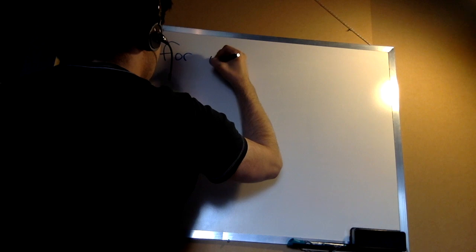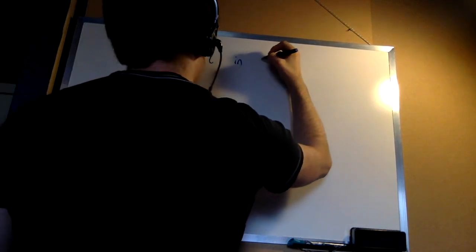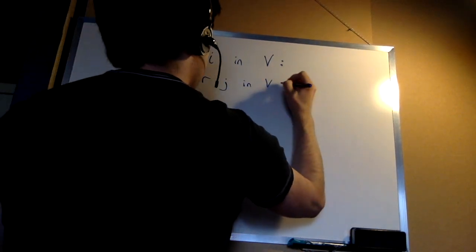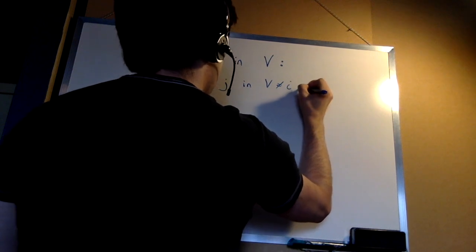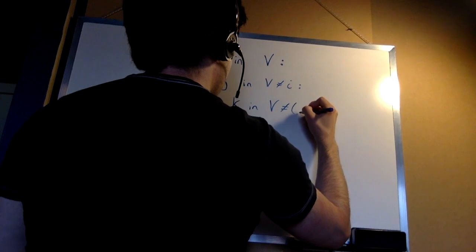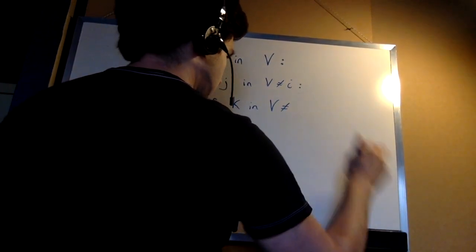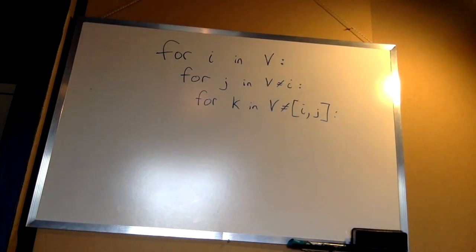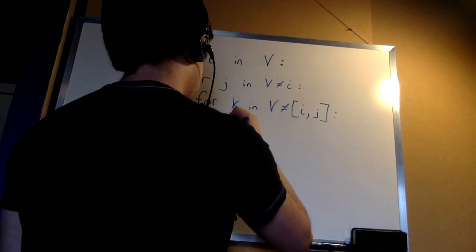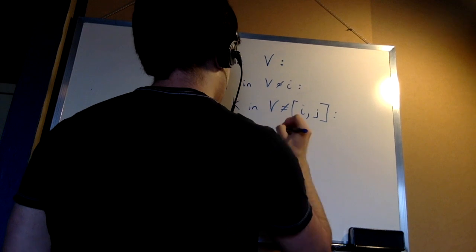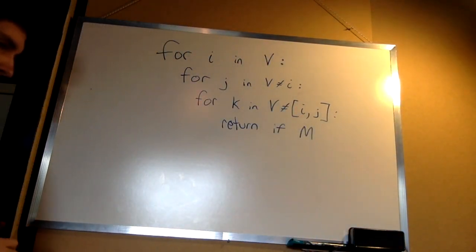So for I in vertices, for J in V not equal to I, for K in V not equal to I or J. And then we just want to know if, return if the matrix between,